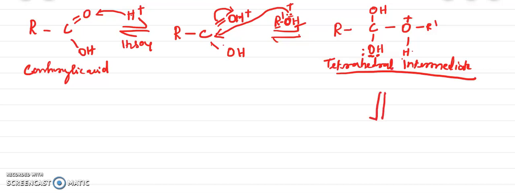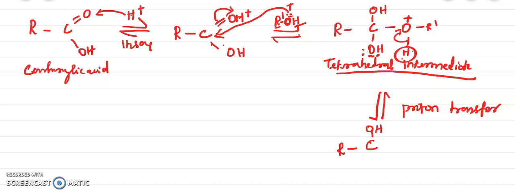The next thing is, as I told already in the mechanism, a proton transfer will happen, right? So proton transfer is happening. Here there is a proton, and this proton leaves, and this bond will move here, so that you will get a compound like this, with R, C, that means carbon here. The OH will be retained the same here, and here also the OH will be retained. And I said that here the proton is a leaving group.